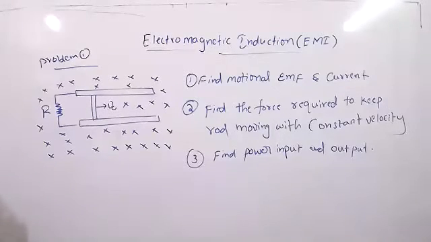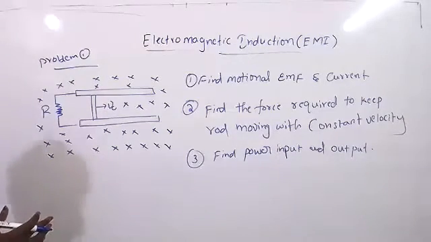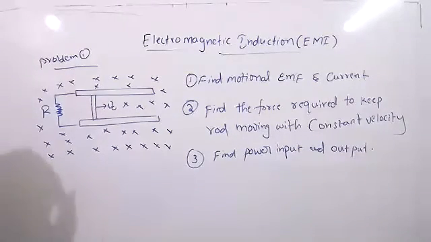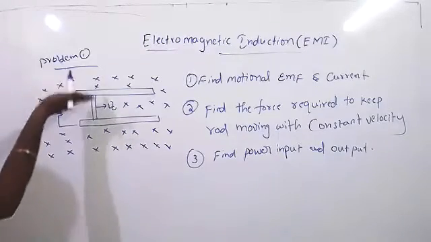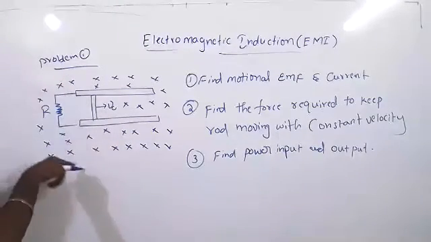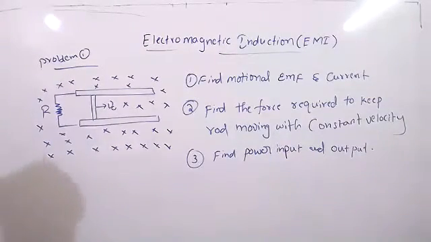Don't get in a hurry. Slowly, one by one, we will solve. But listen to the concept clearly, so you can understand what is going on. Afterwards I will ask you in which direction we have to write the EMF. The EMF direction we give based on the right hand palm rule: magnetic field direction, velocity, so force will act. Positive in that direction, negative will be the downward direction. That we know.